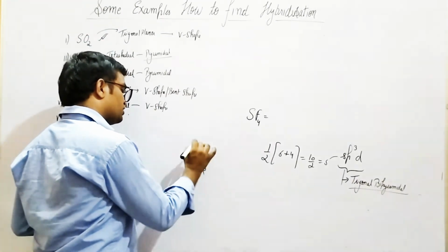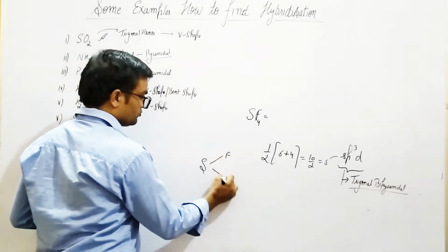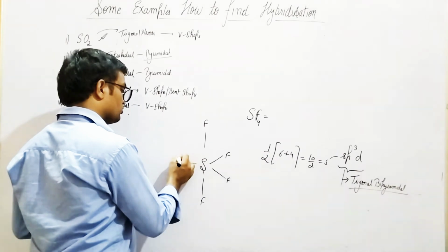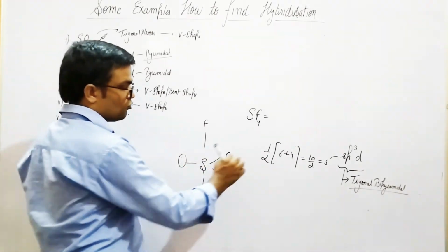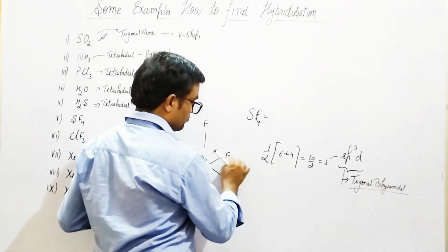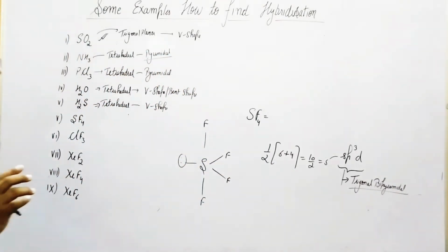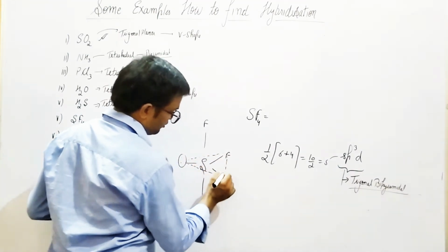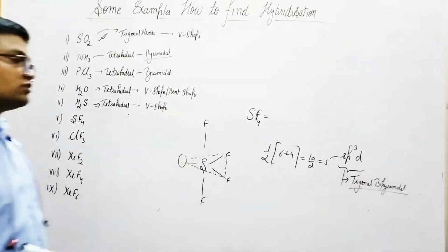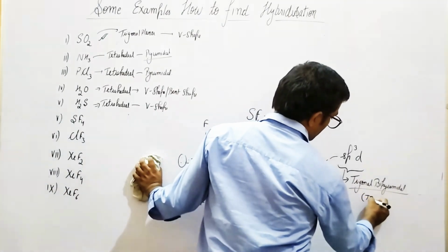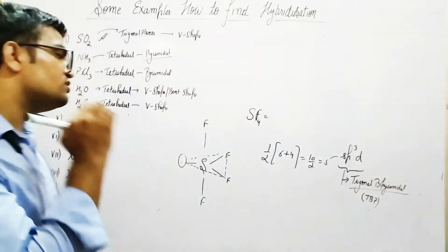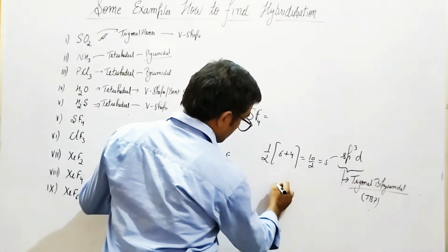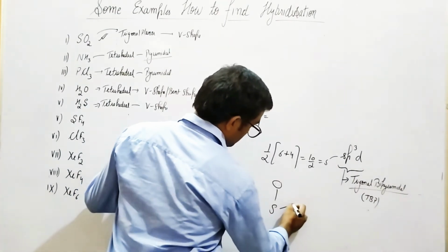Students, see, we have 3 choices. Let's say one choice is this. We put the lone pair on the equatorial position, because 4 electrons are used to make bonds with fluorine, and 2 electrons are left as 1 lone pair. Therefore, it is trigonal bipyramidal, also known as TBP. The structure of geometry is fixed by this number. We can also draw it like this, with the lone pair on the axial bond.